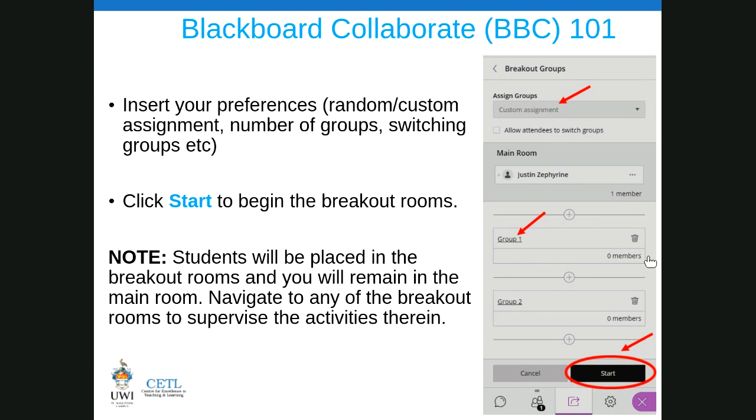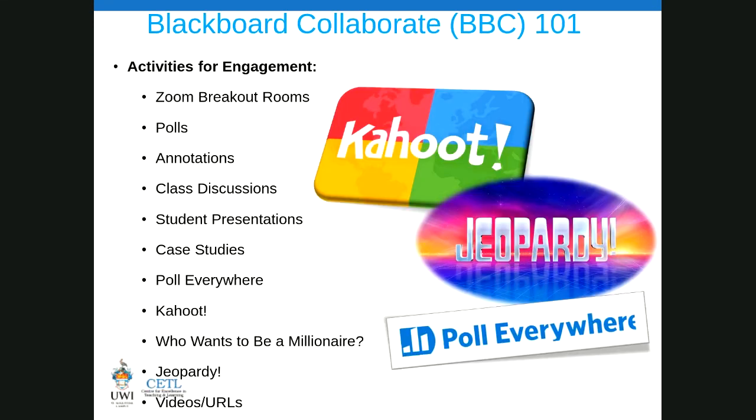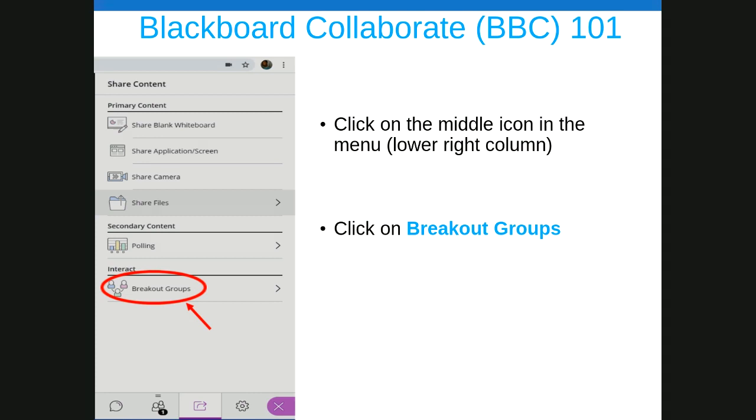Okay, Charlene, good. So Charlene, what I need you to do, let me pull this slide, the PowerPoint, so you'll see exactly what you need to see. You click on breakout rooms and breakout groups. Well, first things first, you click on the middle icon with the arrowhead on it at the bottom right side of the page. Are you seeing this menu with the breakout groups?